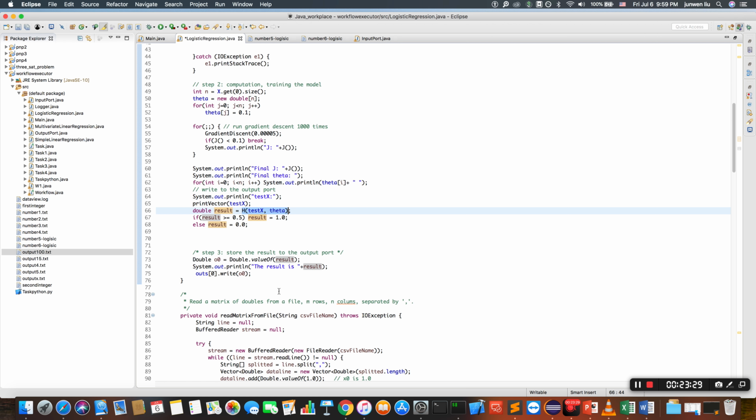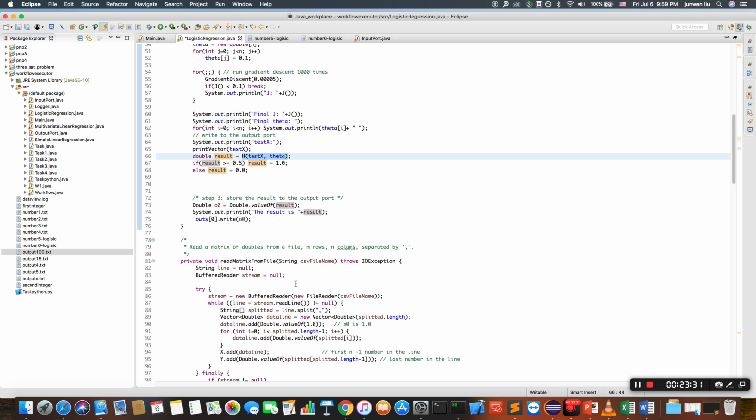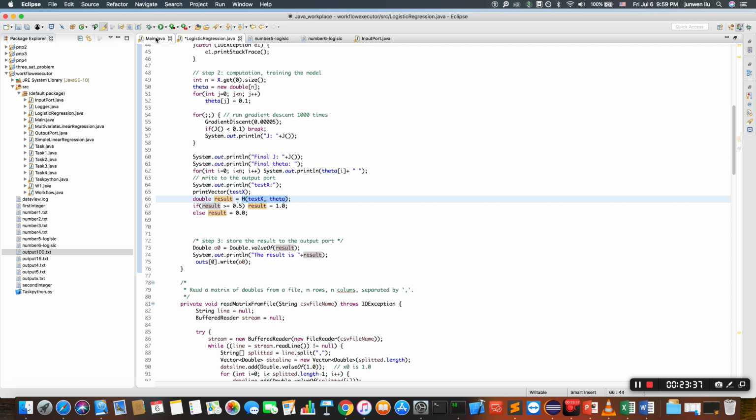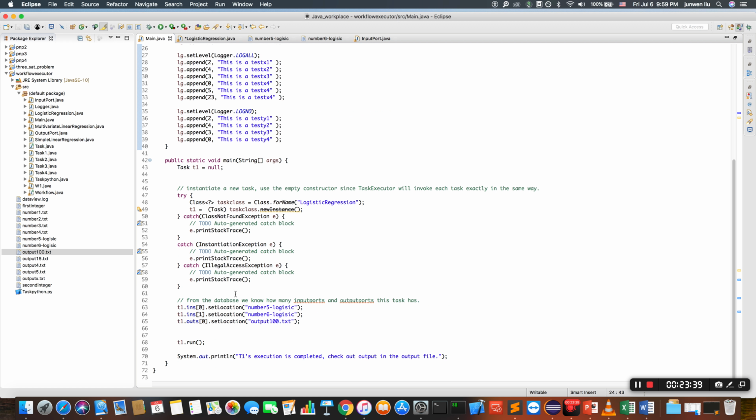So basically I think that's the most of it. The last thing is to log that the T1 execution is complete and to check the output in the output file. So basically this will be the overall overview of the